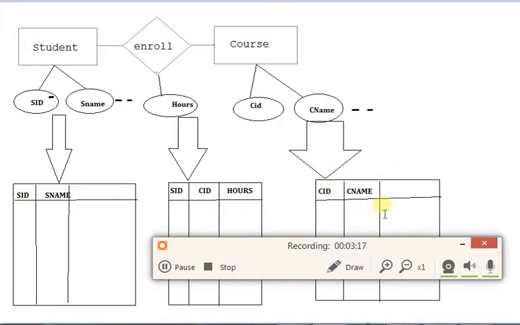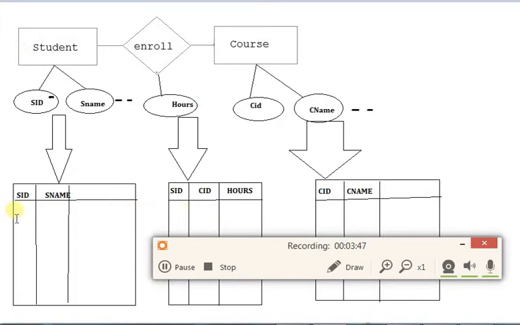The course table will represent the list of all the courses available in that university, and the enrolls table will represent only those students that have taken some course, or the courses in which some student has been involved.